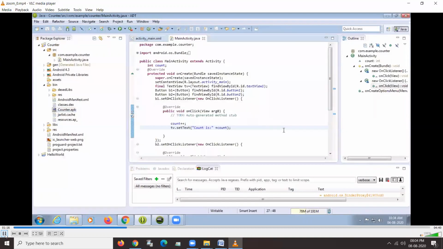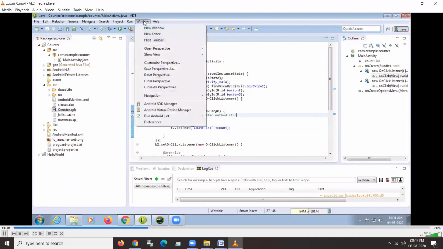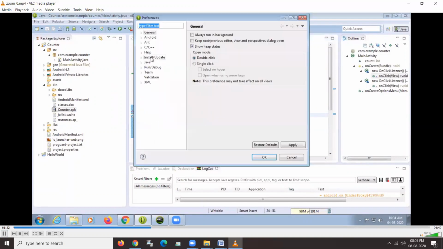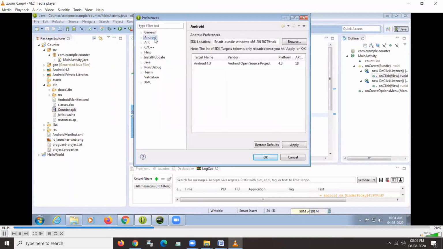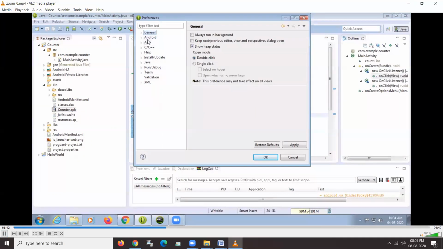So next, this coding is very small and the coding is displayed with a very small value. You can go to the Window, Preferences, Android, and select the general. Okay.